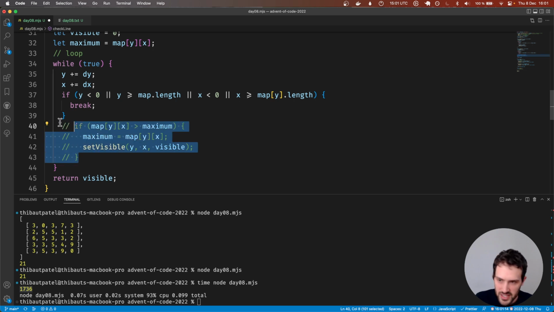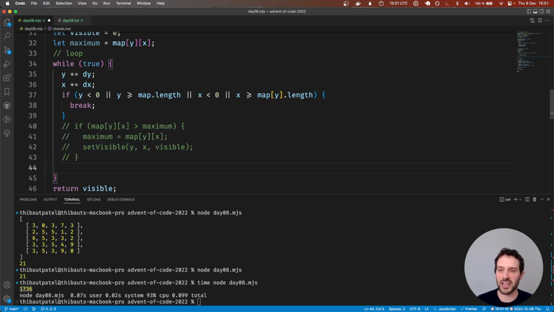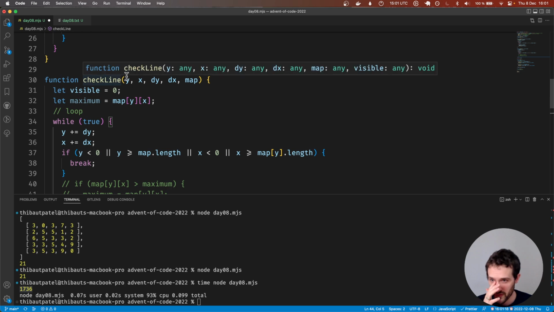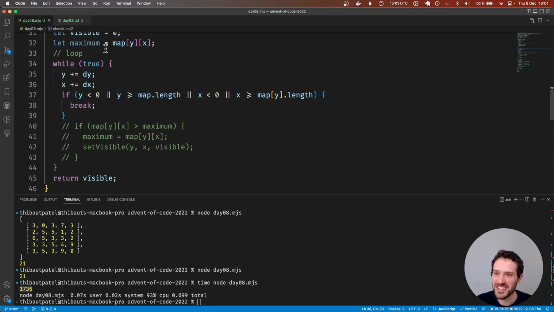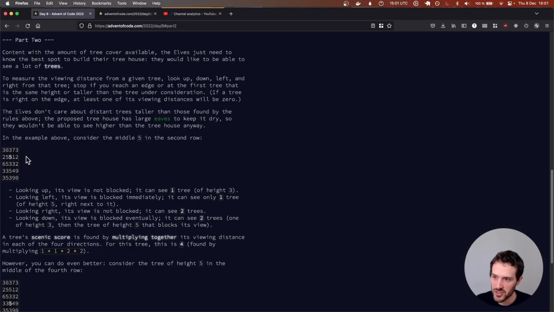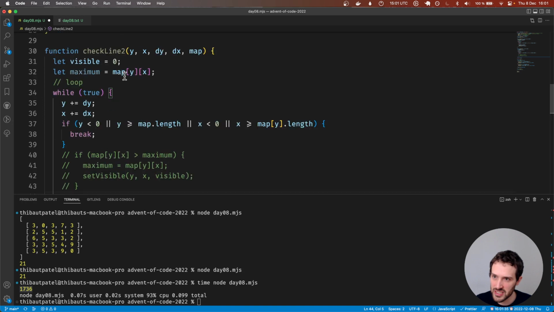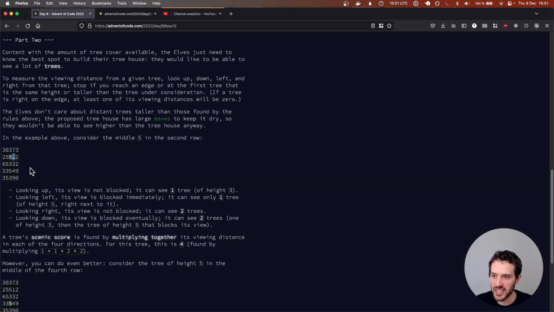Now I don't think this is the right approach here. So this, I'm sure this is not correct. I need to replace that, because that was from the previous statement. Let's call that check line 2. I'm not very inspired today for a nice name. So what we need to do? We need to move, and then we need to check if